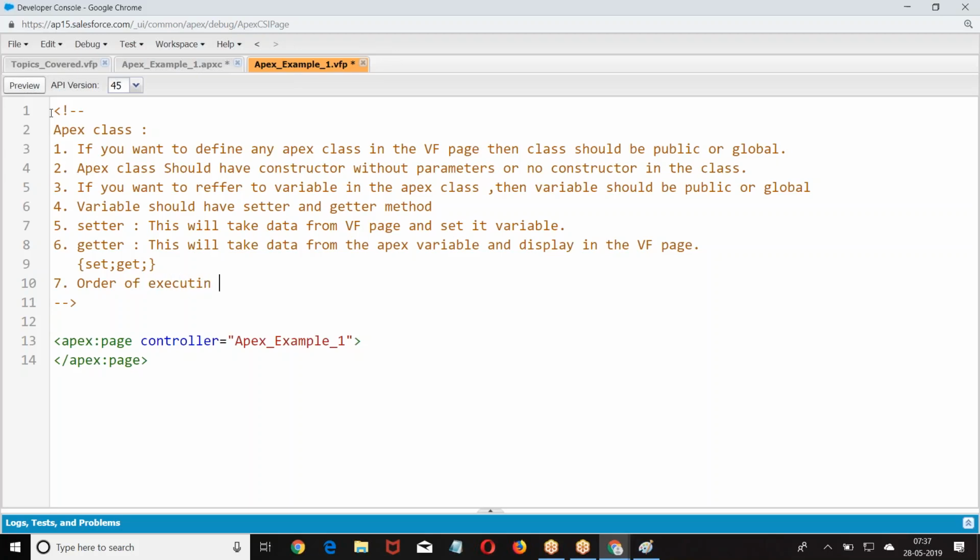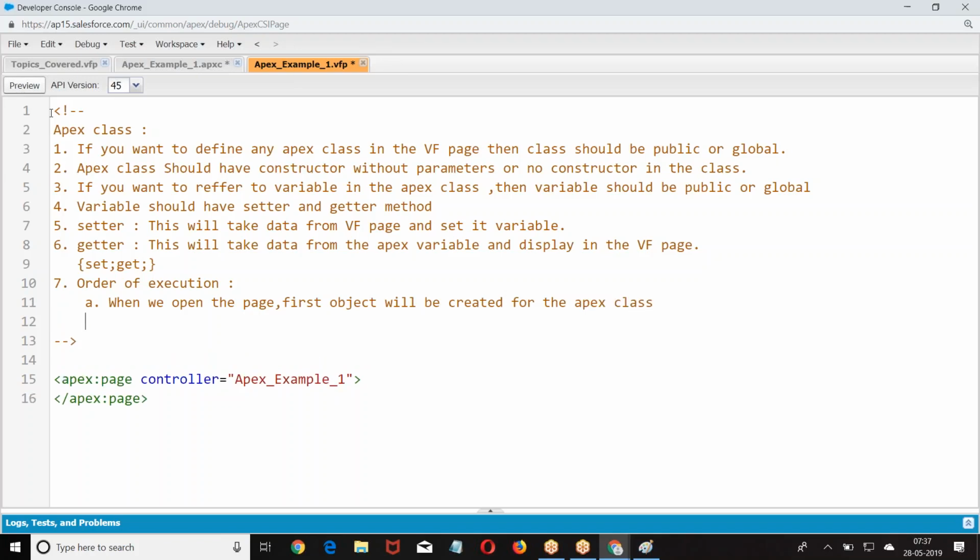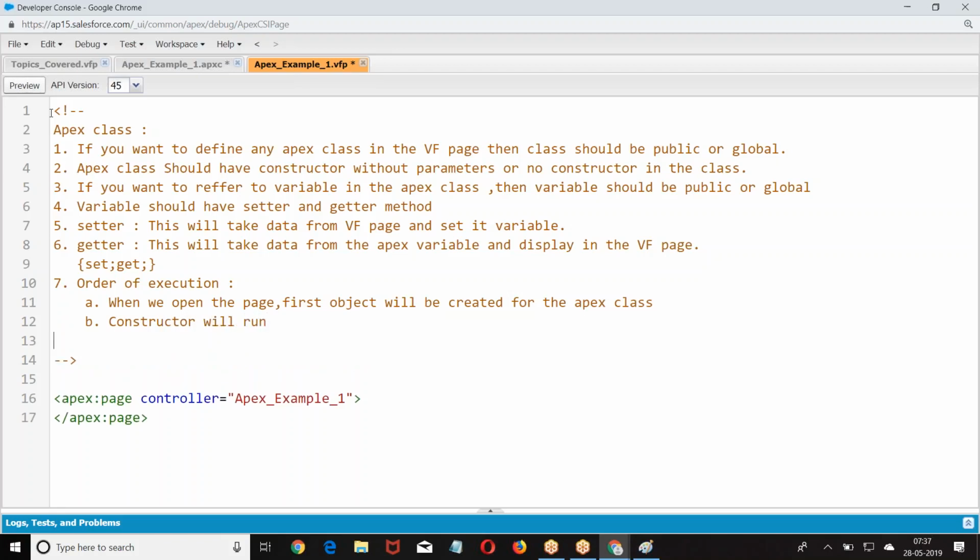Order of execution. When we load a page, when you open the page, first the object will be created, the constructor will run.